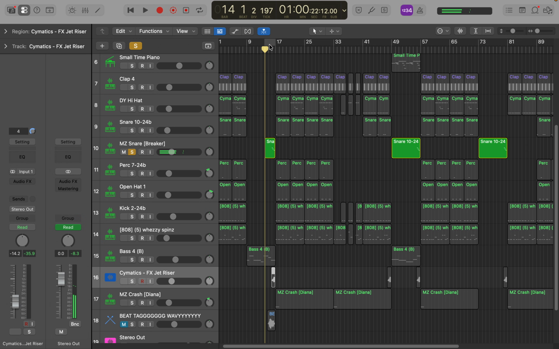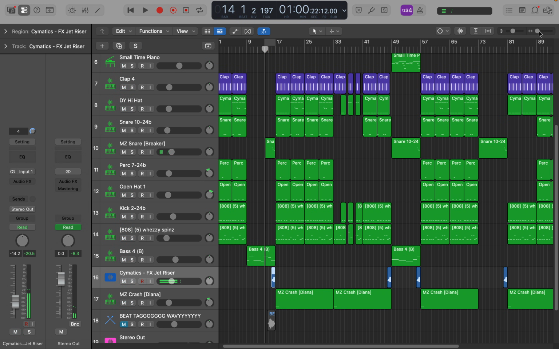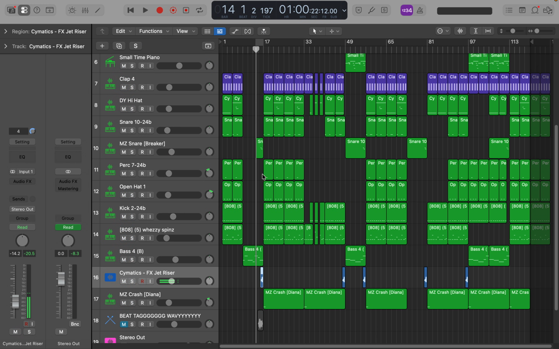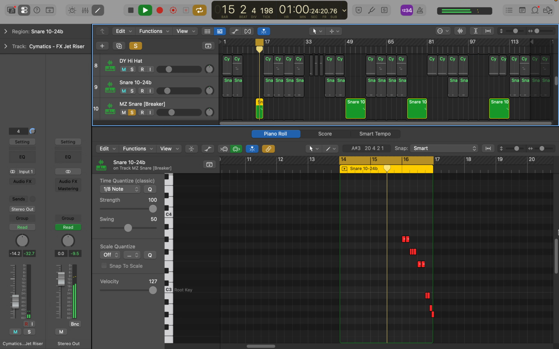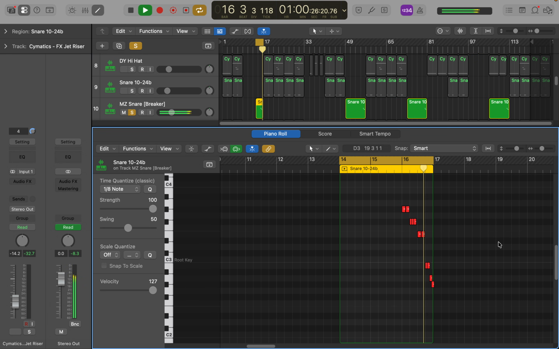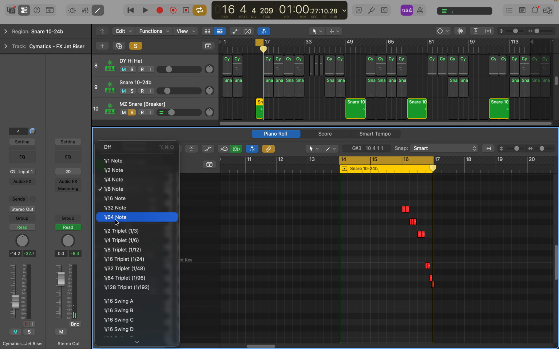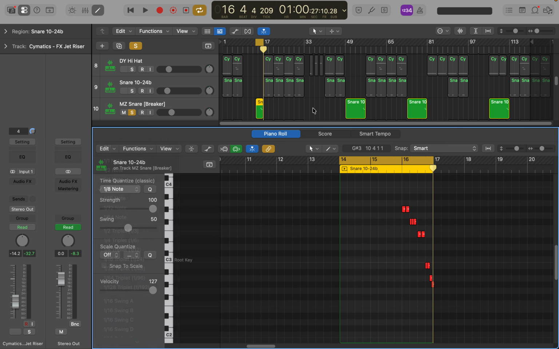So sometimes I'll add a snare effect that rolls down, as you can see. So as you can see, it rolls down into the transition. So sometimes I'll use like a 1x8, 1x32, 1x64 triplet, etc. So this is just another way if you don't like to use